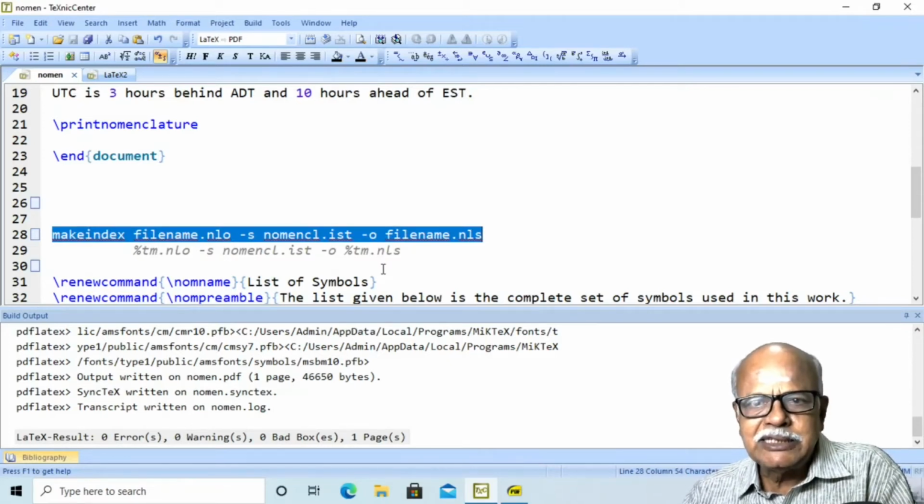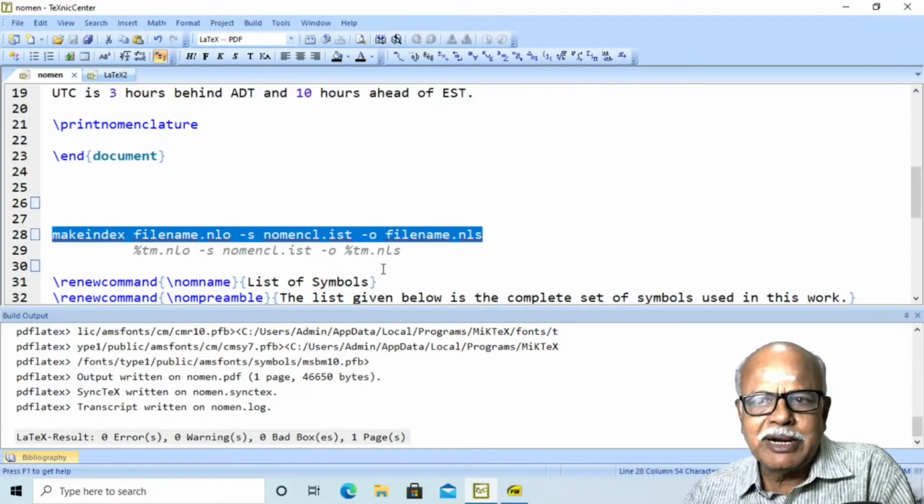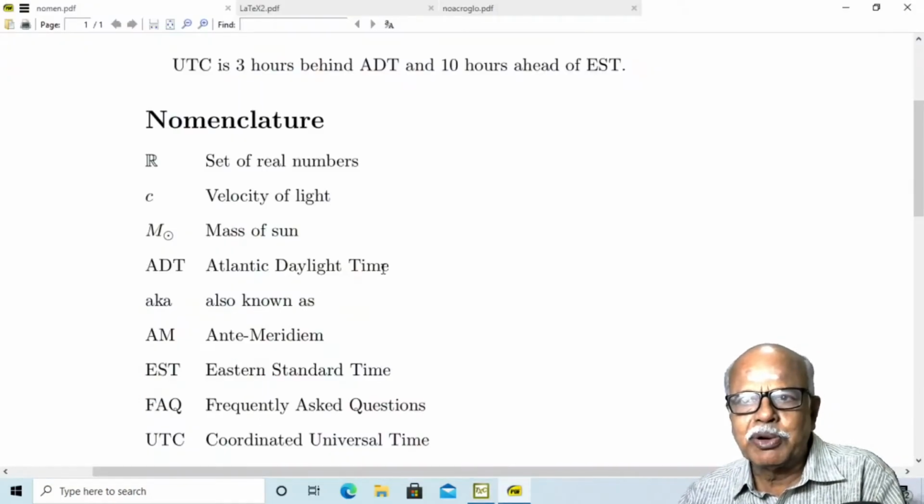In such cases, you can go to the command prompt, navigate to the folder in which you have the main file, and execute this command from the command prompt. Remember to substitute your file name in place of filename, then you can have this output.